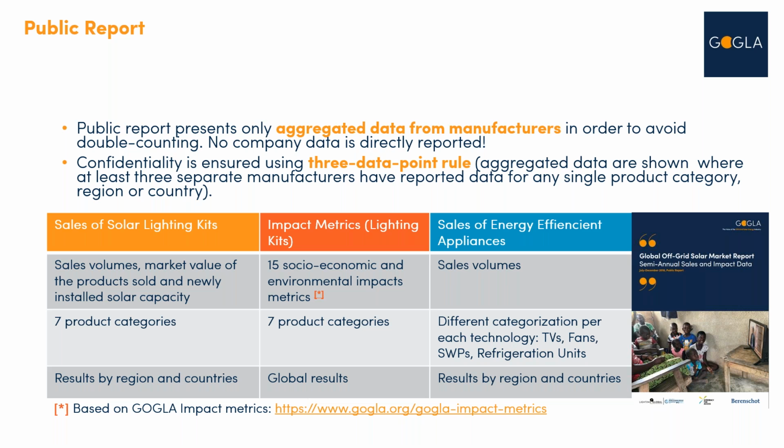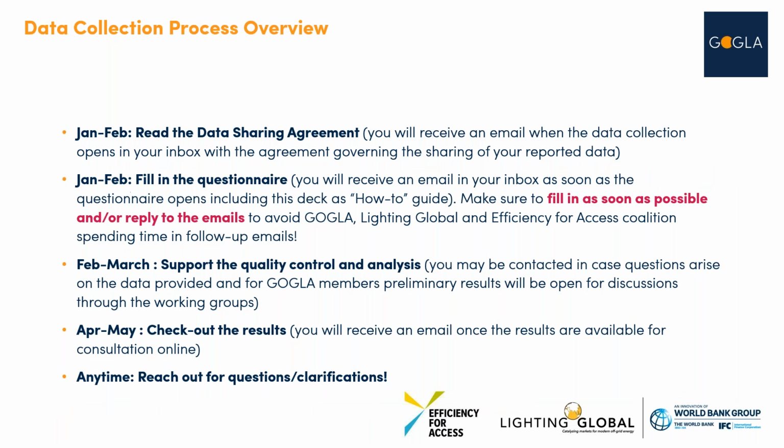We're actually just starting the development of impact metrics, which will be the industry's first harmonized way of measuring the impact of selling off-grid lighting and off-grid appliance products being used. There is currently no universally agreed impact metrics. We'll be developing those under the Efficiency Factors Coalition and GOGLA over the coming year. So if any of you are interested in that, there'll be opportunities to join the group that feeds into that. With that, I hope we've given you a good background and encouraged you to go through the effort to share the data with us. And I hand over to Evelyn to take us through these next steps.